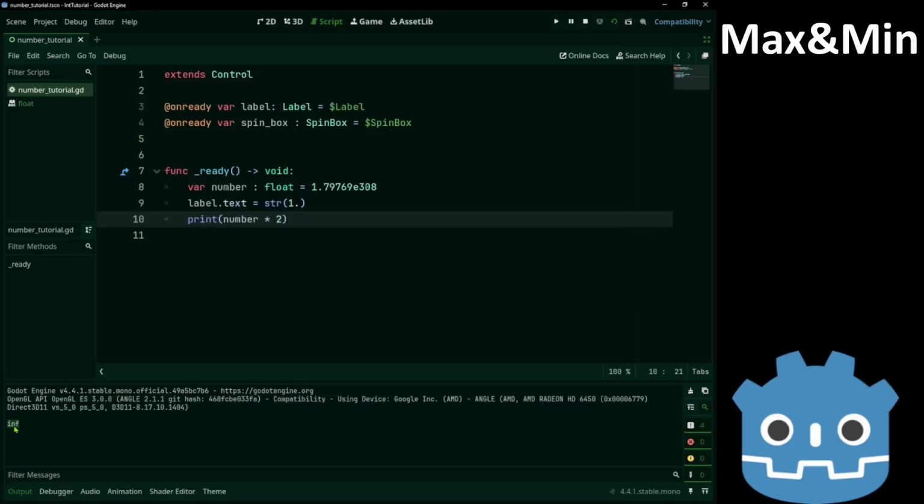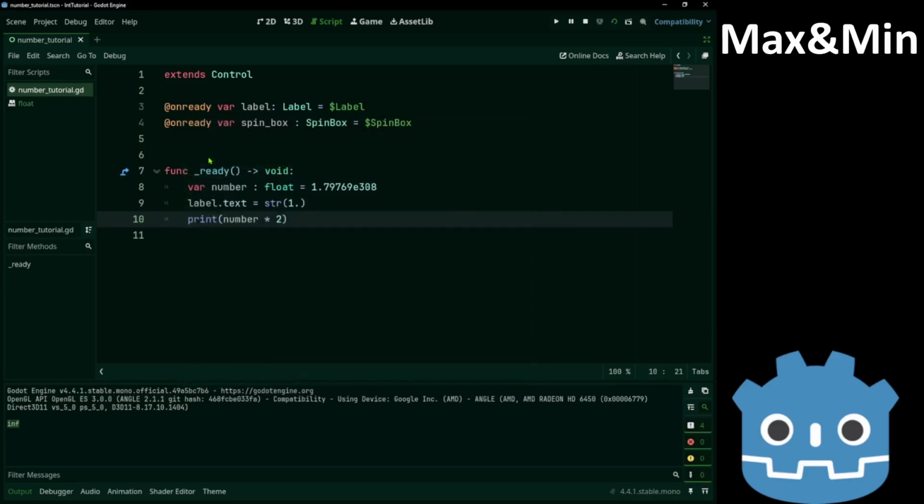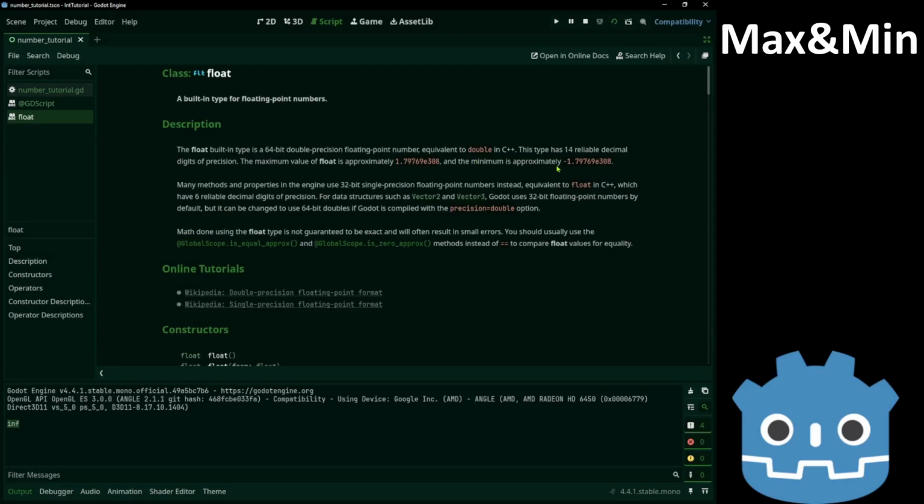And we get infinity. F1 brings up the documentation pop-up. Search for inf, positive infinity. This is the result of float division by 0. For negative, use the minus. Okay? We'll see more about this in a separate video.